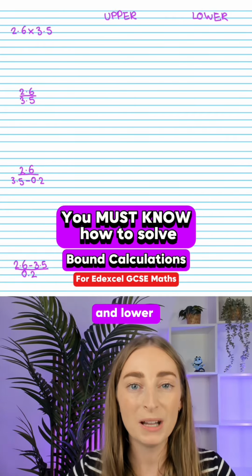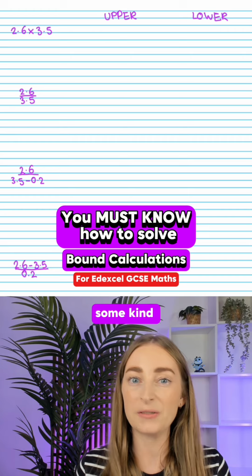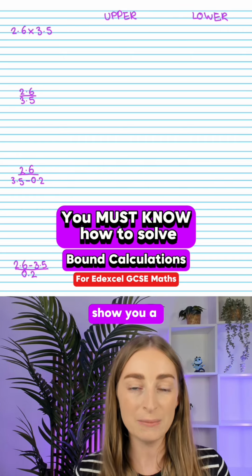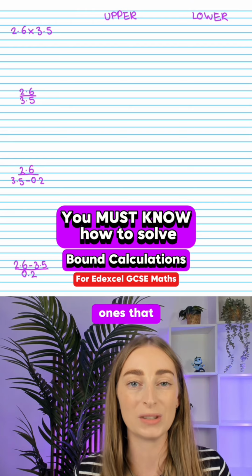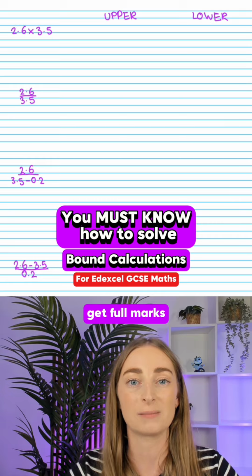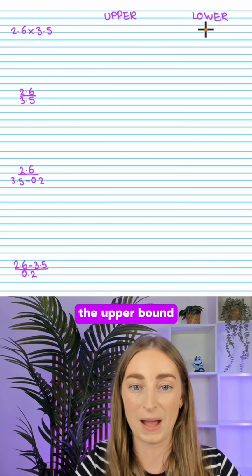You find upper and lower bounds are easy, but as soon as they involve some kind of calculation, you get really confused and get it wrong. So let me show you a few common ones that come up very often so that you can always get full marks. So when you've got two numbers multiplied together and you want to find the upper bound, you're going